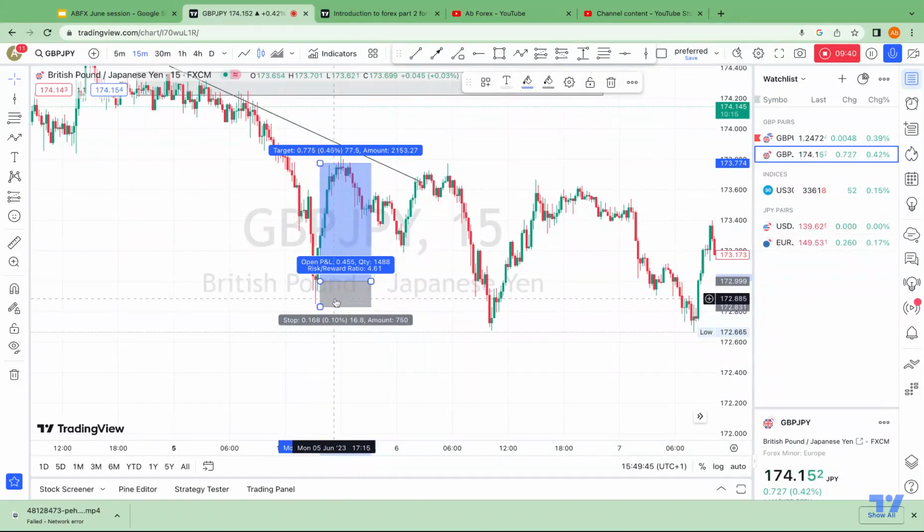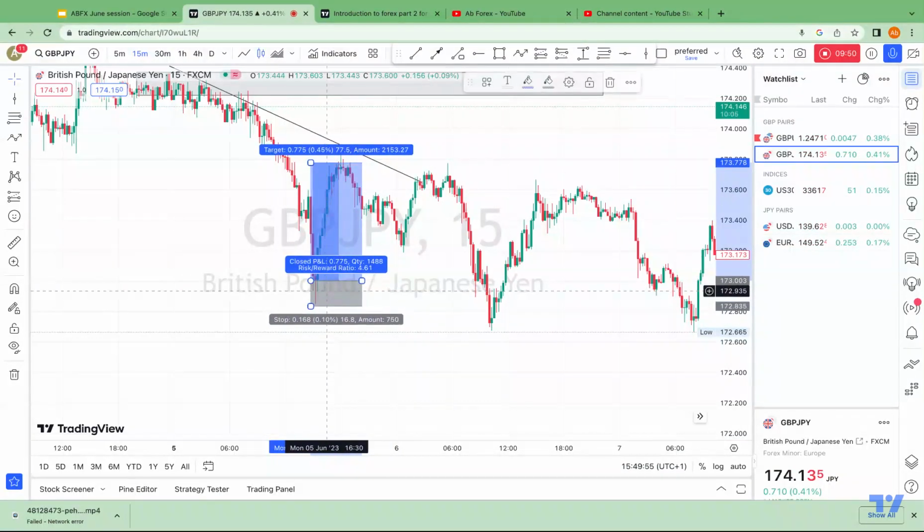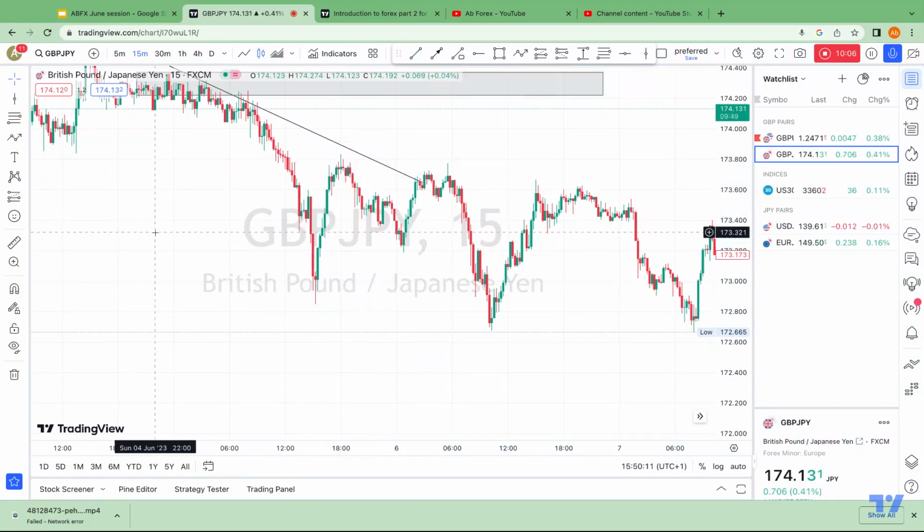If the trade goes into your direction, right? You have here 16.8 pips stop loss, right? This is what helps you just to measure your stop loss and to manage your risks in a particular position you've taken. And you see the ratio of this particular risk to reward here is 4.61. So you see that you're actually risking 16 to get 77. Right, this is how you actually measure and manage your risk, measure the position you're